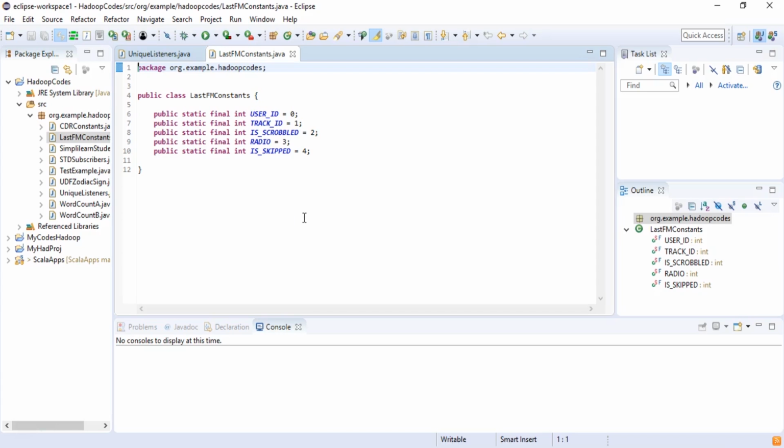You have user ID, you have track ID, you have is scrobbled or shared, radio, and is skipped. Now these are my constants which will be used while I process. Then we will have to work on a mapper class which would emit intermediate key value pairs,